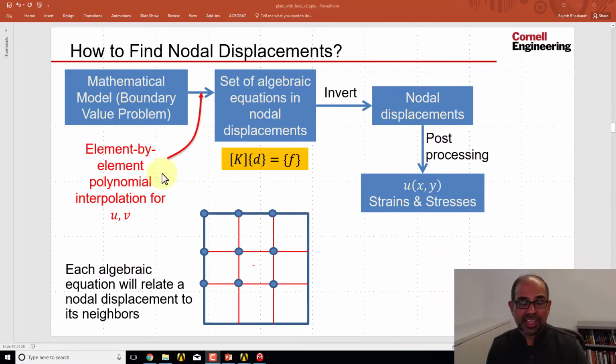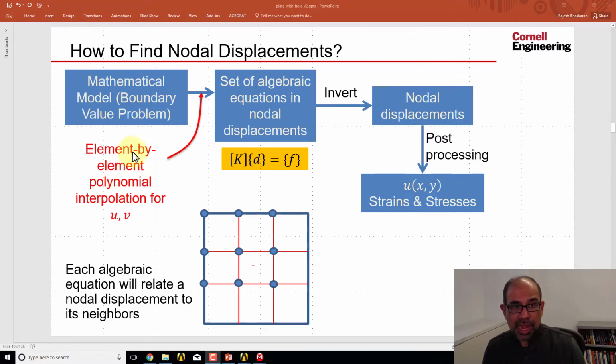At this point, ANSYS knows what is the boundary value problem we want it to solve. So let's get it to solve it and obtain the displacements at the nodes. If I go back to this slide from pre-analysis, okay, so the boundary value problem has now been input into